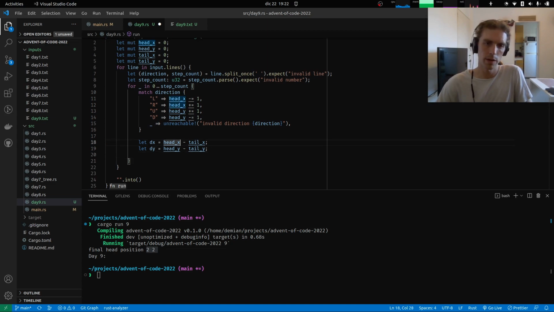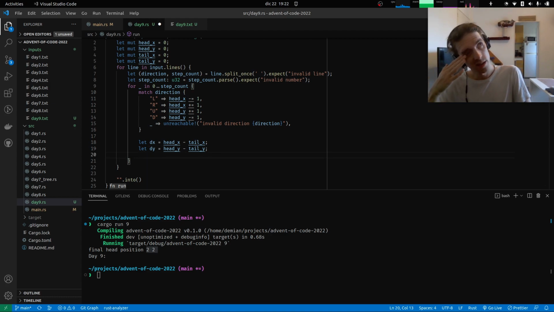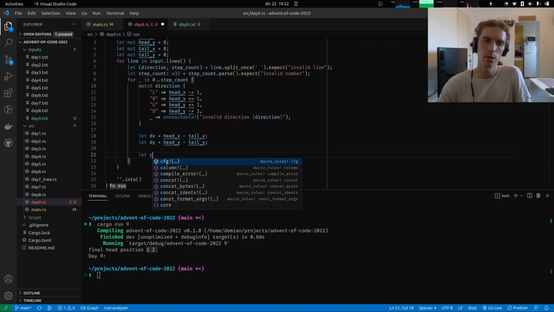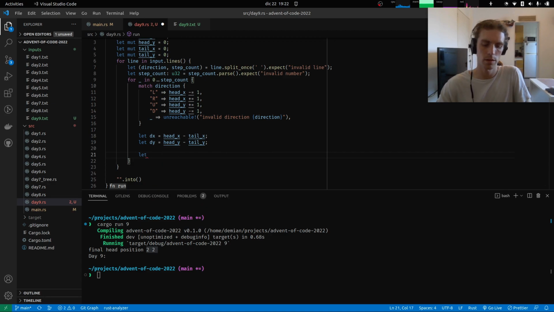So am I doing this in the correct order? Let's see, imagine that the head is at, I don't know, 1-1 and the tail is at 0-0. This thing will be 1-1, so it means that's the direction that we want the tail to move. Yes, it makes sense, and of course it can also be negative. So we can say that they are close, or that they are touching, if the X